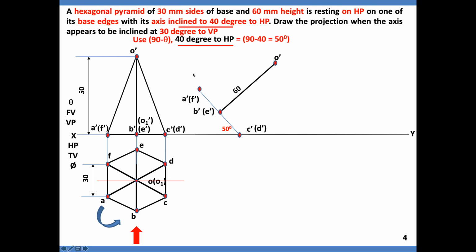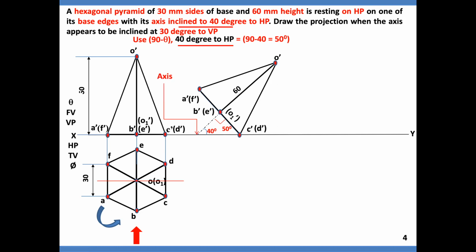And then from A dash you have to join to O dash. From O dash to C dash you have to join and complete the view. Yes, you got it redrawn. This is the third view. O1 dash is the axis extended, and then this is the triangle. If this is 90 degrees and 50 degrees, what is left out is 40 degrees. That's what they have asked in the problem. I am moving the cursor. Axis inclined at 40 degrees to HP. This is the method you have to adopt. Then only your pyramid will sit on the reference. So I'll indicate this as the axis inclined.